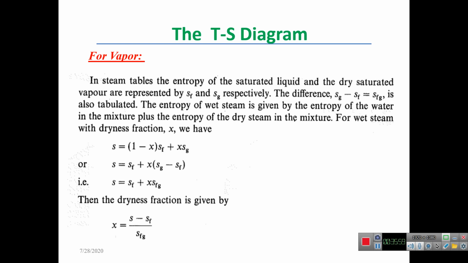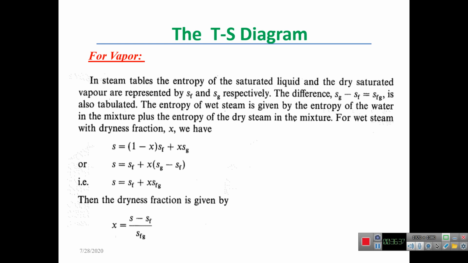Now, to find this, we use a factor known as dryness fraction, X. So, what we can say is that at any point within the wet region, the entropy is equal to (1 minus X) Sf plus X Sg, because X of the part has reached the dry